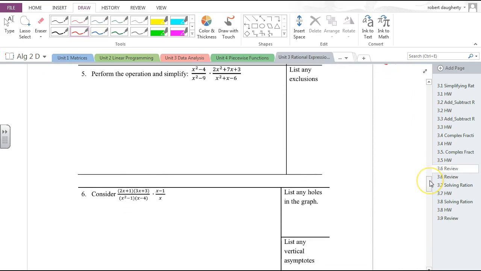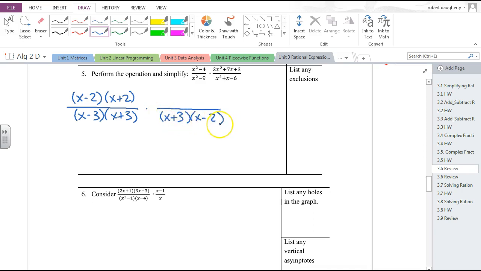Next problem. Perform the operation and simplify. So everything has to be completely factored in order to simplify. x squared minus 4, that's (x minus 2)(x plus 2). x squared minus 9, difference of squares, (x minus 3)(x plus 3). Multiply by, let's do the easy one, let's do the denominator. Two numbers that multiply to negative 6 and add to 1. That would be a 3 and a 2, so (x plus 3)